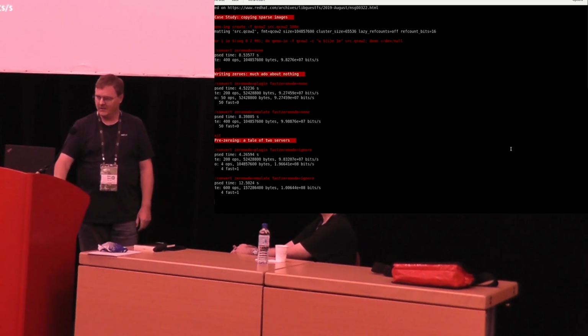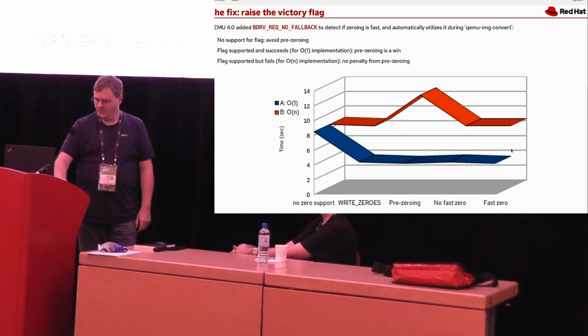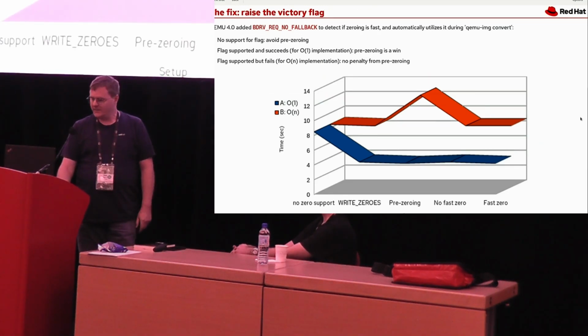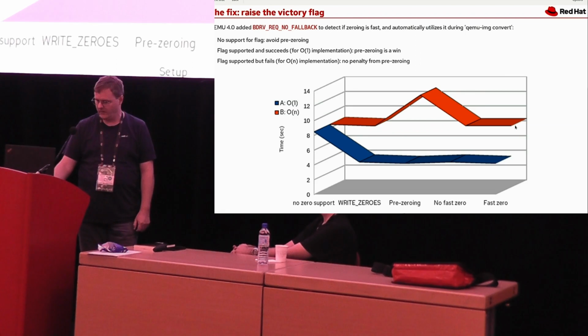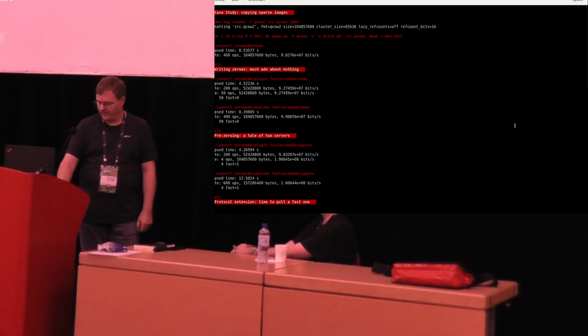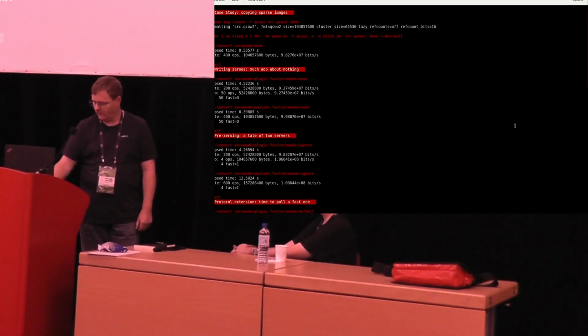That's unacceptable. So we had to back that out in QEMU 4.0. But we looked at it and said, well, if we already knew that we don't want the slow pre-zeroing, but pre-zeroing did speed up the fast. What if we knew if there was a way, so this is backing it out, what if we knew if we were fast? Then we could get back to our fast constant time server and still not penalize our slow linear time server. QEMU added a new feature in 4.0, and we finally implemented it with NBD for QEMU 4.2